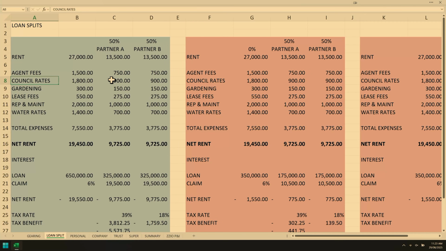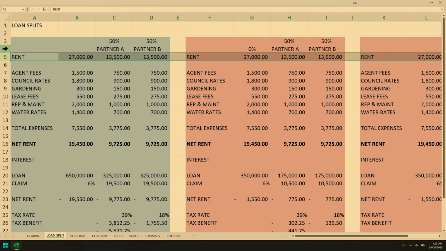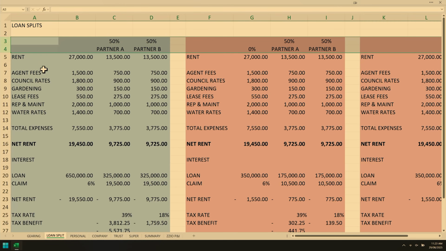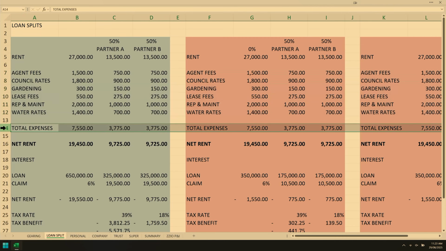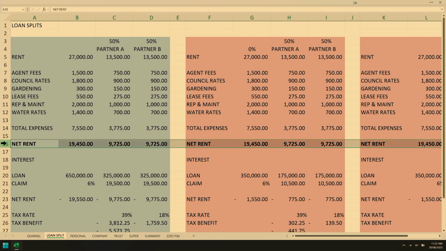So I like to say, okay, what if we pull this loan apart into its components? And I want to show just the power of something like this. Just an off the cuff accountant comment can save you a couple of grand and cost you not that much. So what we've got here, I've kept all the variables the same. We've got two people, they bought a property, 50-50. Across all scenarios, the income is the same, all the fees are the same, so the total expenses are the same. Down to that net rent figure, everything is the same across all these three scenarios.